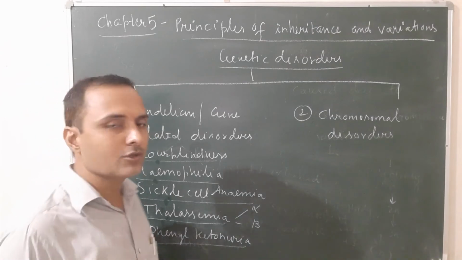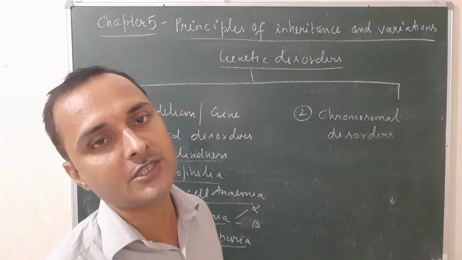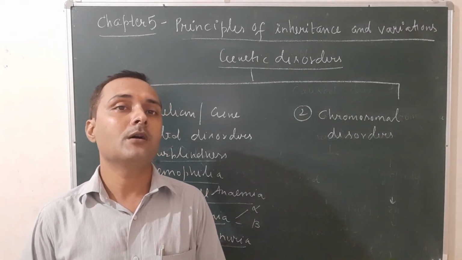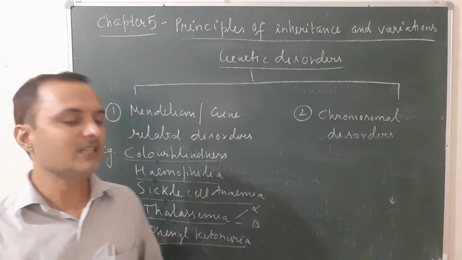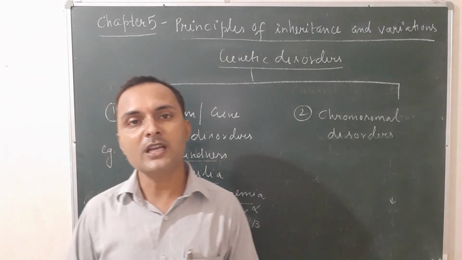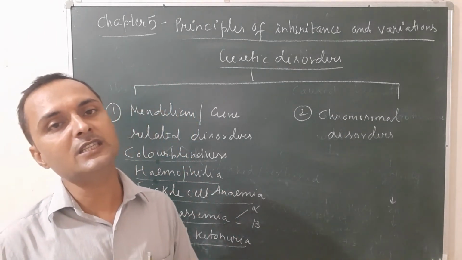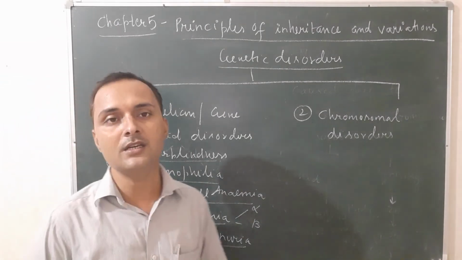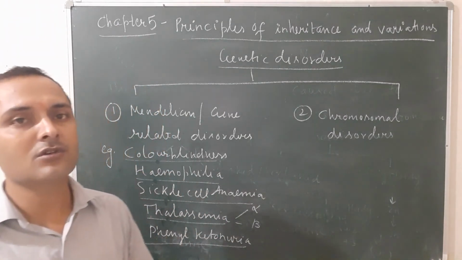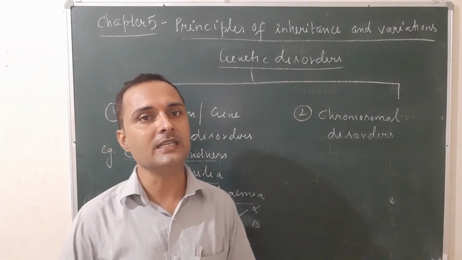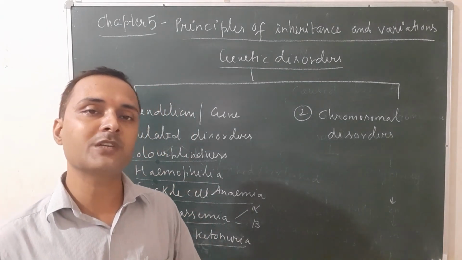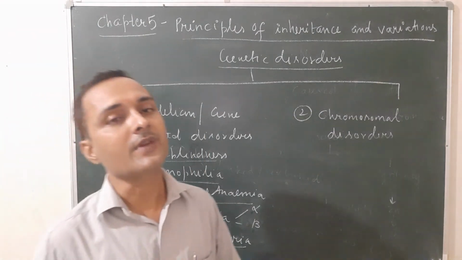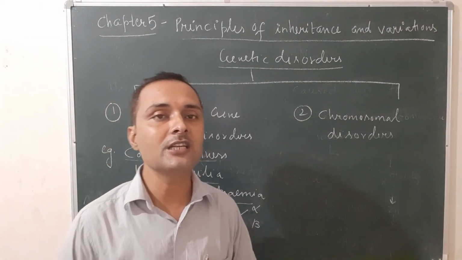In case of phenylketonuria, you know well from the previous chapter and the previous topic, that it is pleiotropic. In this phenylketonuria, the phenylalanine is unable to change into tyrosine. As a result, there is accumulation of phenylalanine in the body of the human that is not absorbed by the kidney, and it causes multiple phenotypic effects like mental retardation, reduction of hair, and skin pigmentation.